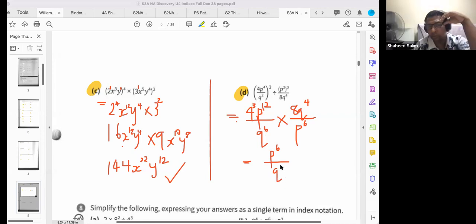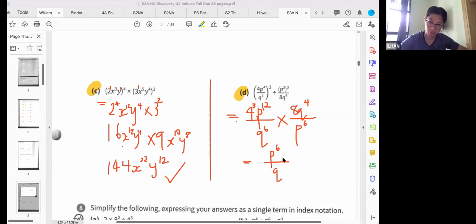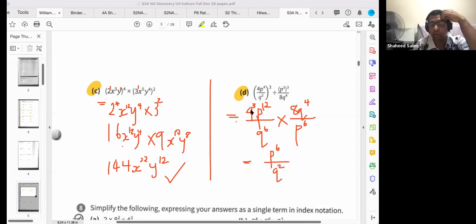Minus the power. 2. Okay. And then after that, down here now, take 4 to the power of 3, which is 4 times 4 times 4. 4 times 4, 16. 16 times 4 is 64. 64 times 8, 512. So you can put your answer on here, 512